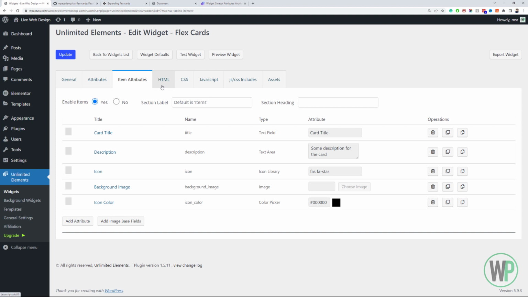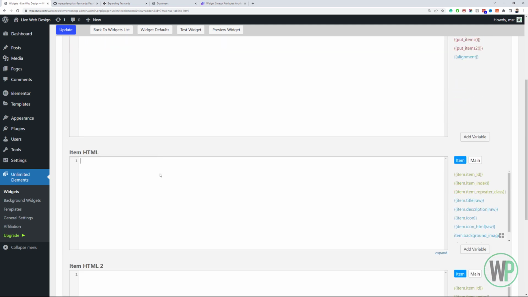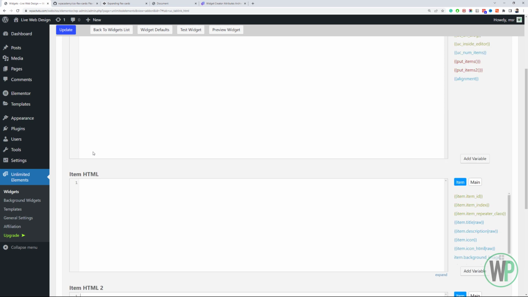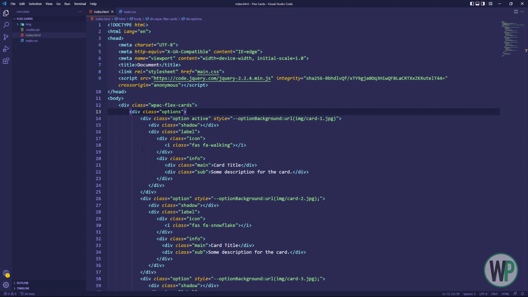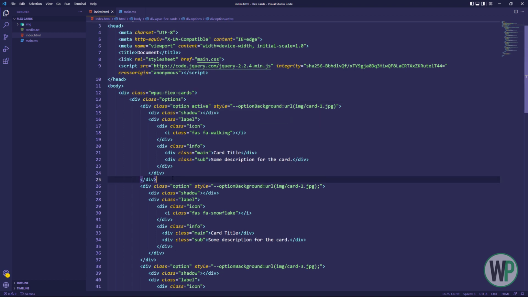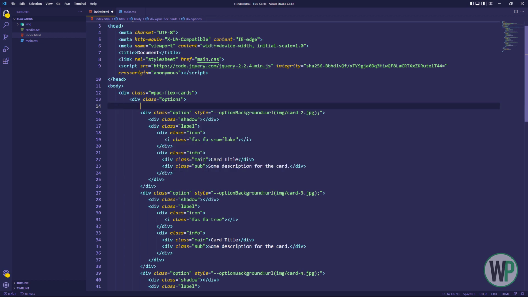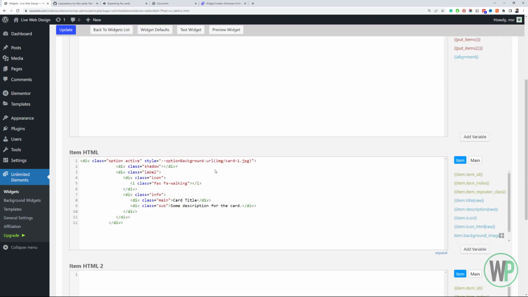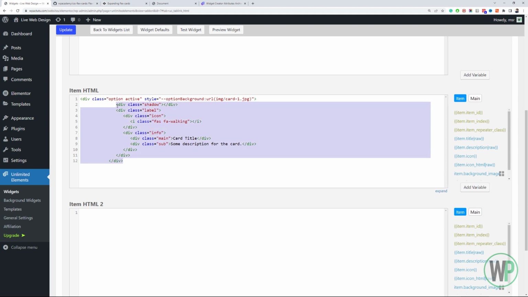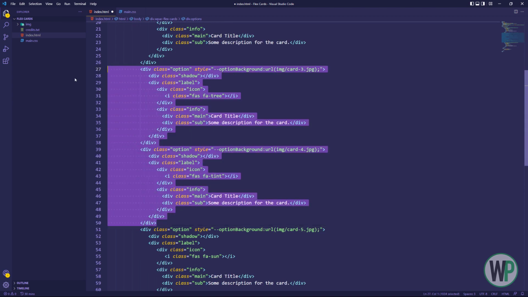Just make sure to keep updating the widget after each change you make, because by any chance if you reload the page, the settings will be lost. Okay, so here is the main widget HTML that we will be copying from here. Let me first select the item HTML, which is this one, and paste it into the item HTML. This code will be repeated for each item, so we will use some dynamic attributes over here that we have defined. Now let me remove all of these item HTML,